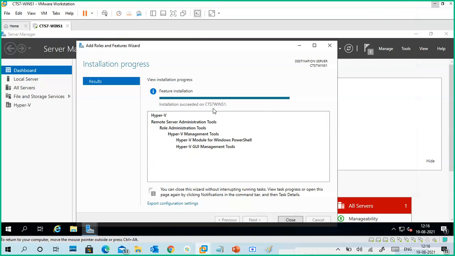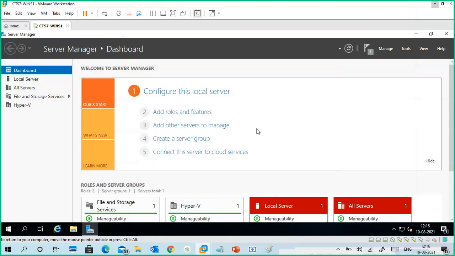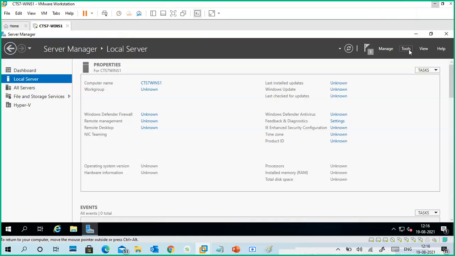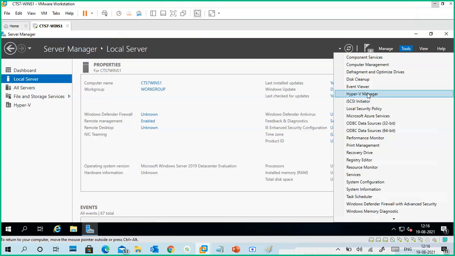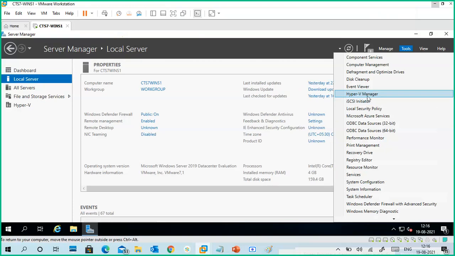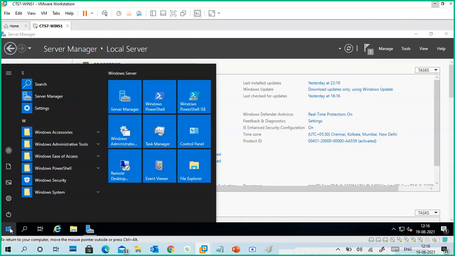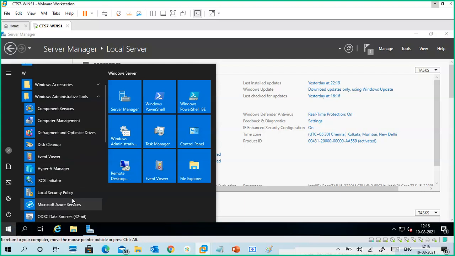Is it finished? Yeah, installation succeeded. Close it. Now go to Tools. In Tools, you can find Hyper-V Manager here. Or you can go to the Start menu, go to Windows Administrative Tools, scroll down, and you can find Hyper-V Manager.